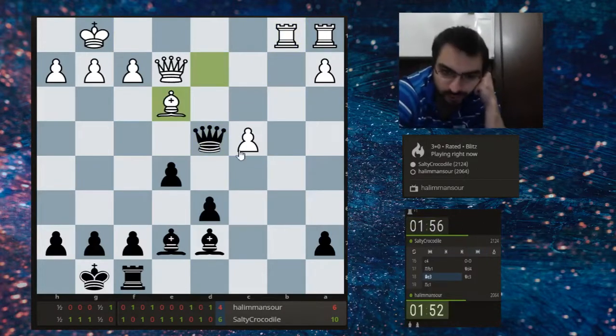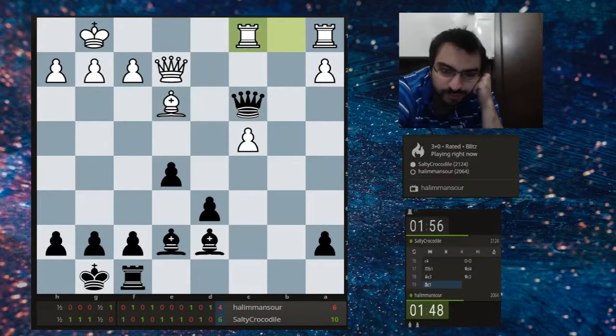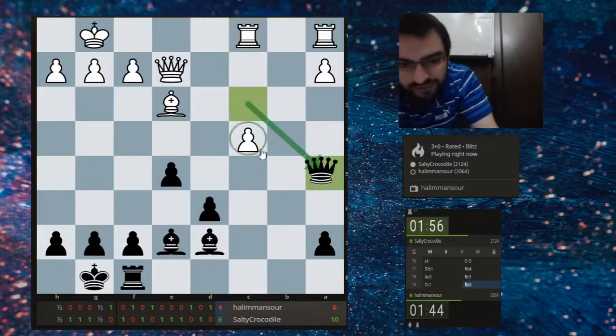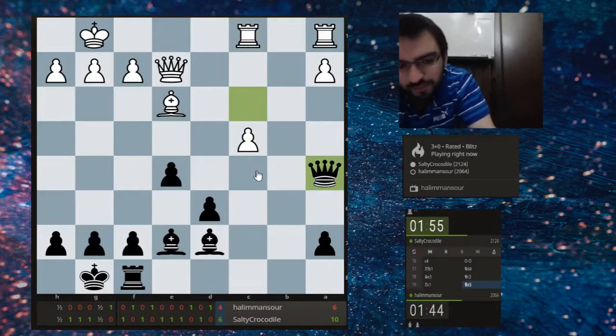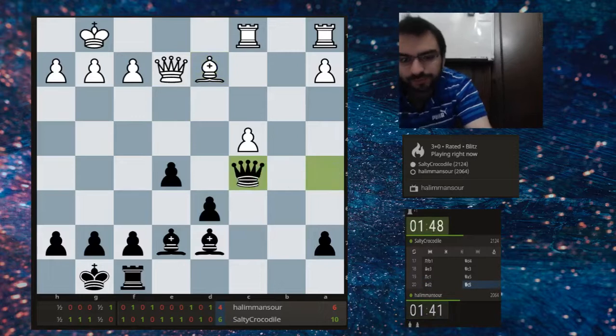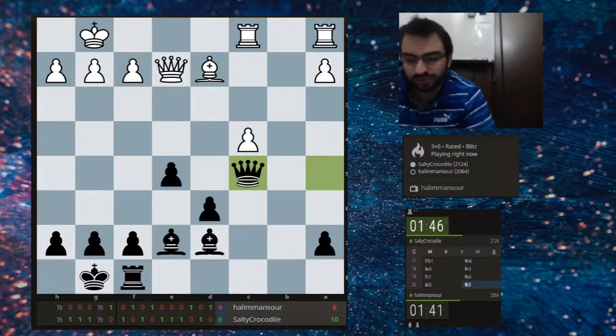Okay, so c4 and this. Yeah, c4 puts a clamp. A very useful one, because c5 at any point. The queen is dancing here, but now if queen a5, c5 would be quite strong, actually. Is it? Okay, bishop here. Queen c5. Yeah, I don't know if...